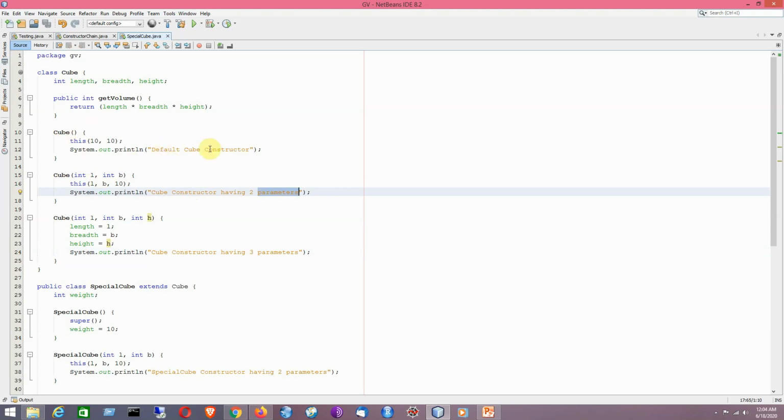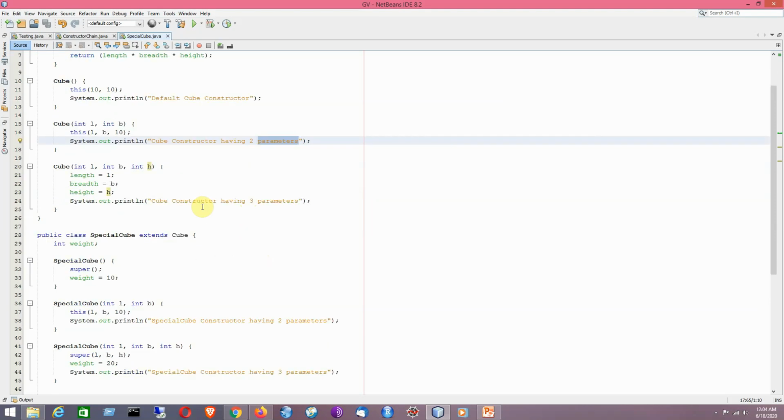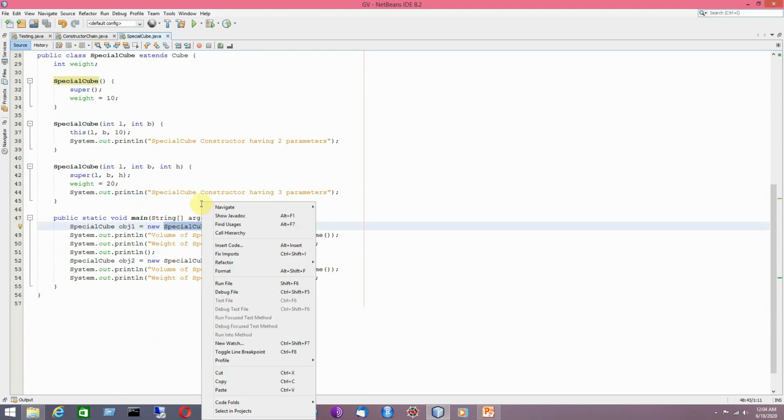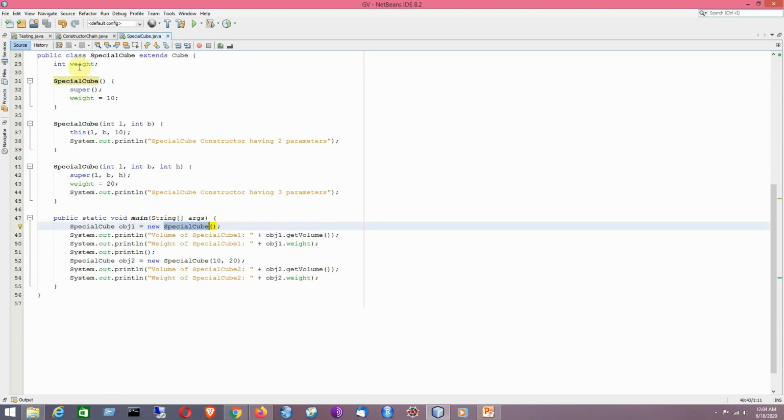So default cube constructor. So first line will be cube constructor having three parameters, then comes cube constructor having two parameters, and finally default cube constructor. So that will be the output for this particular statement whenever we try to create an object of the special cube. And at the same time the value of this particular instance field, weight, will now become 0.